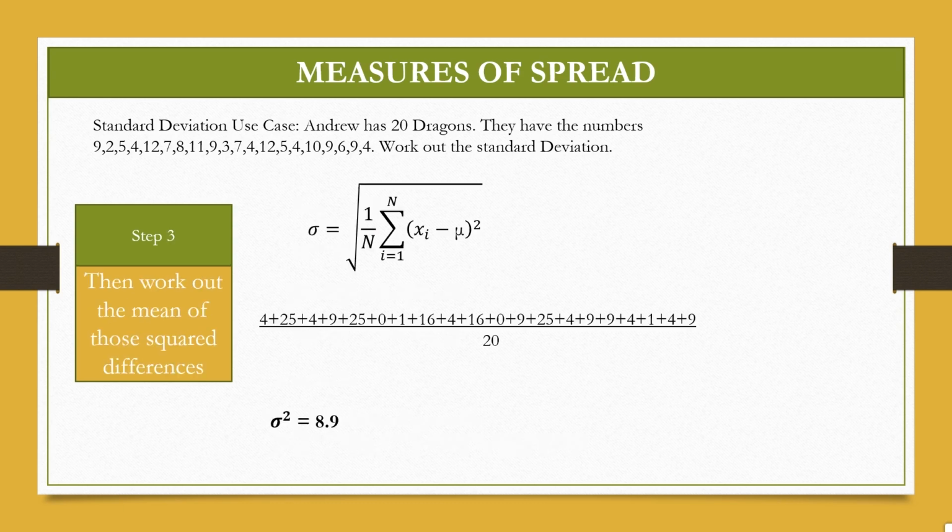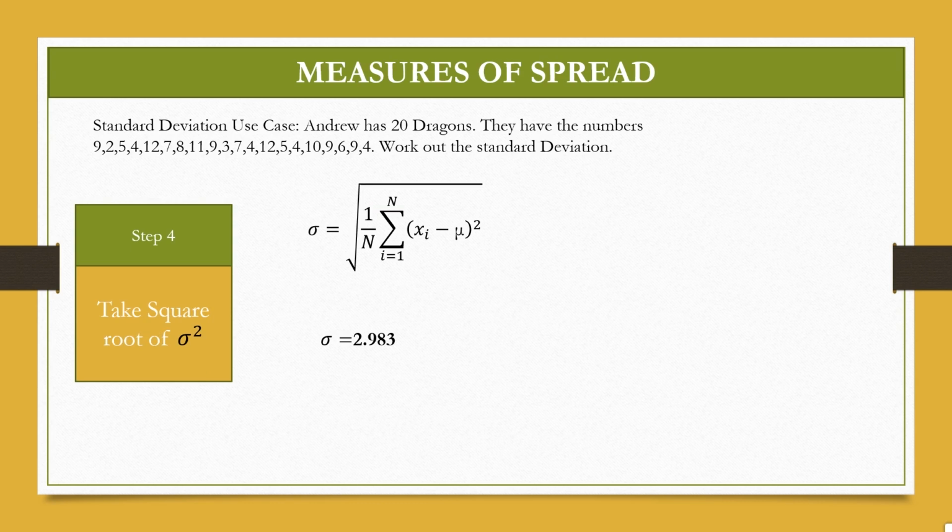Finally, you will just find the mean of the squared differences. So your standard deviation will come up to 2.983 once you take the square root. So guys, this is pretty simple. It's a simple mathematical technique. All you have to do is substitute the values in the formula. I hope this was clear to all of you.